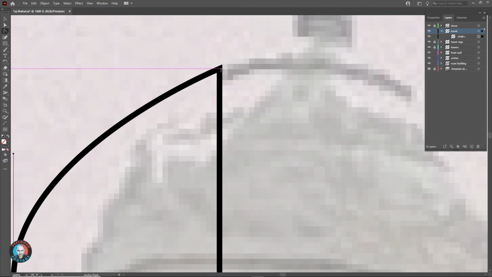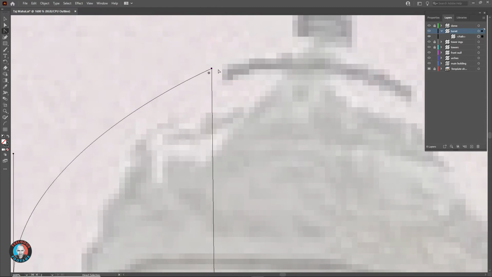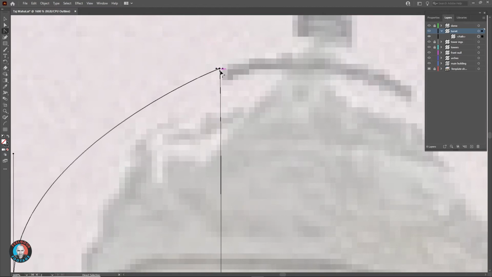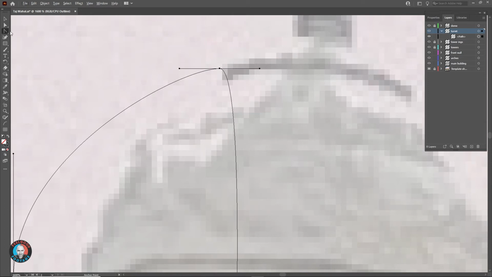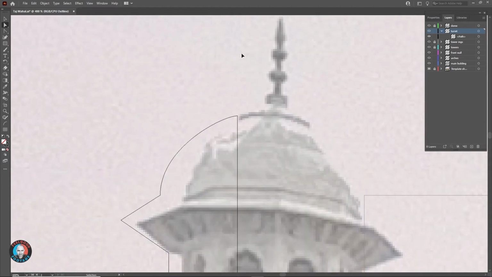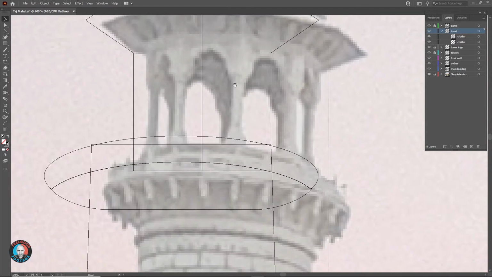To change this, you use the anchor point tool, which allows you to convert an anchor point from a corner to a curve. Since at the moment it's a corner, when I use the anchor point tool on it, it makes it a curve and produces these Bezier handles. Then by switching to the direct selection tool, I can refine that curve to get it where I want to. And to move just one of the Bezier handles, I hold down the Alt key. Then I'll reflect, copy, and join that shape.